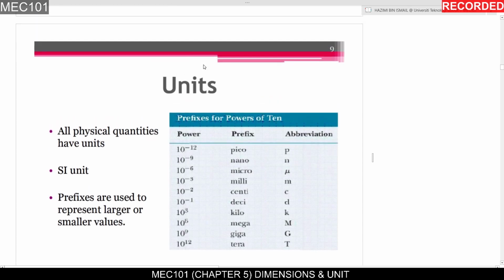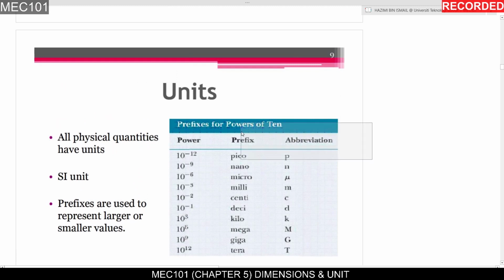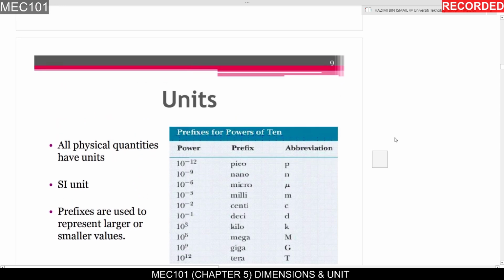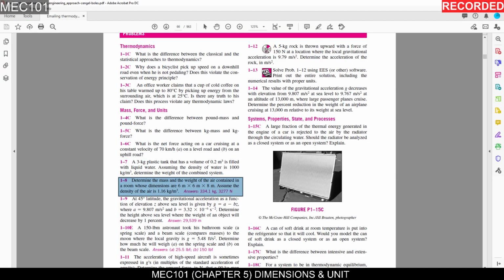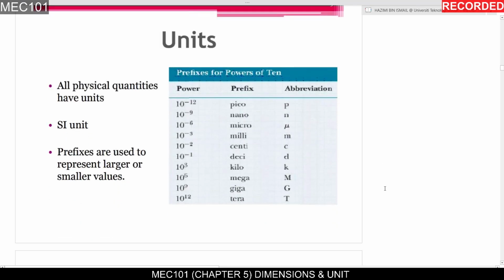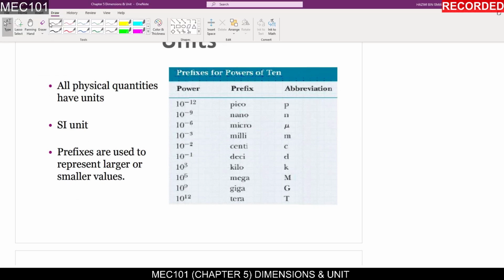Okay, sorry, what happened? Sorry, technical problem with my tablet. Okay,